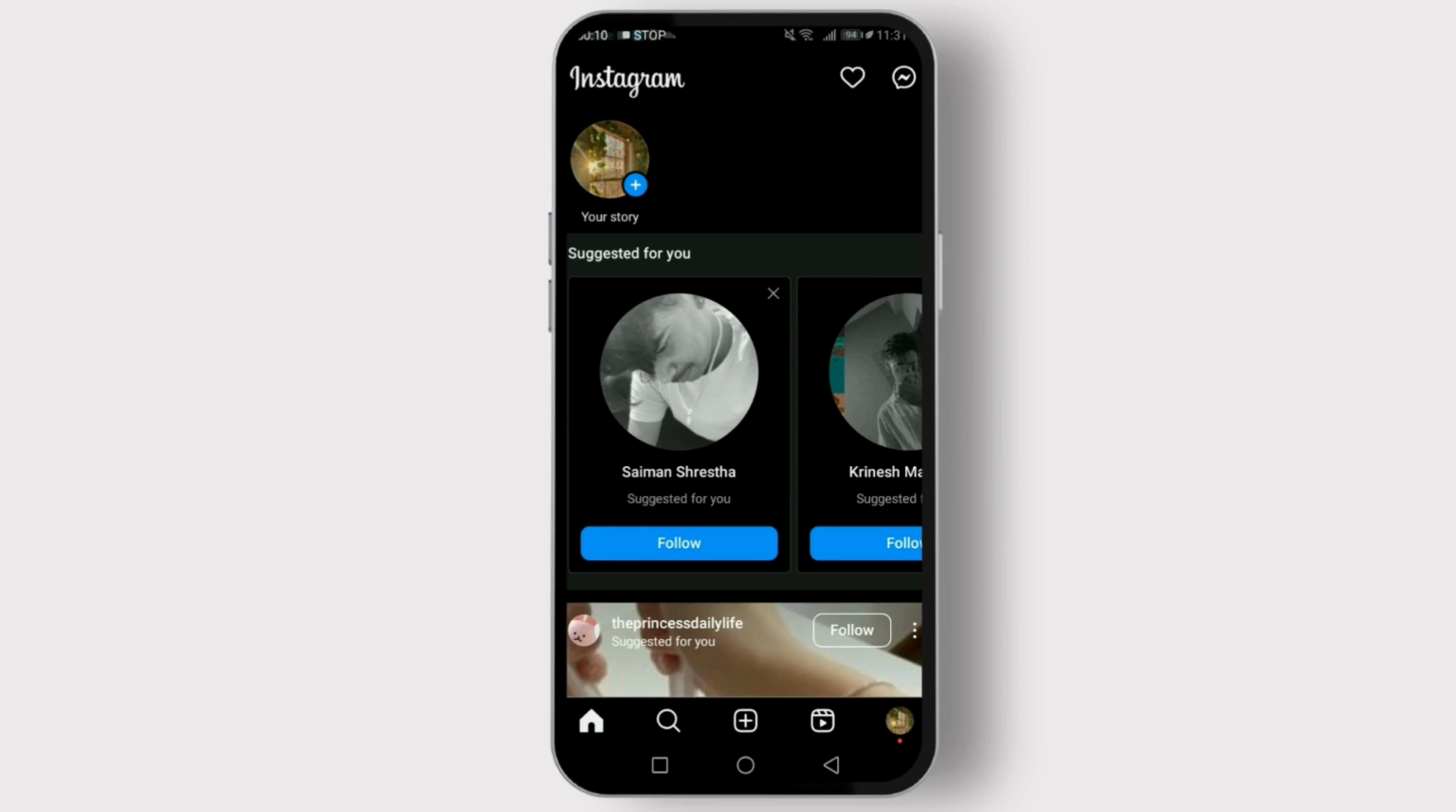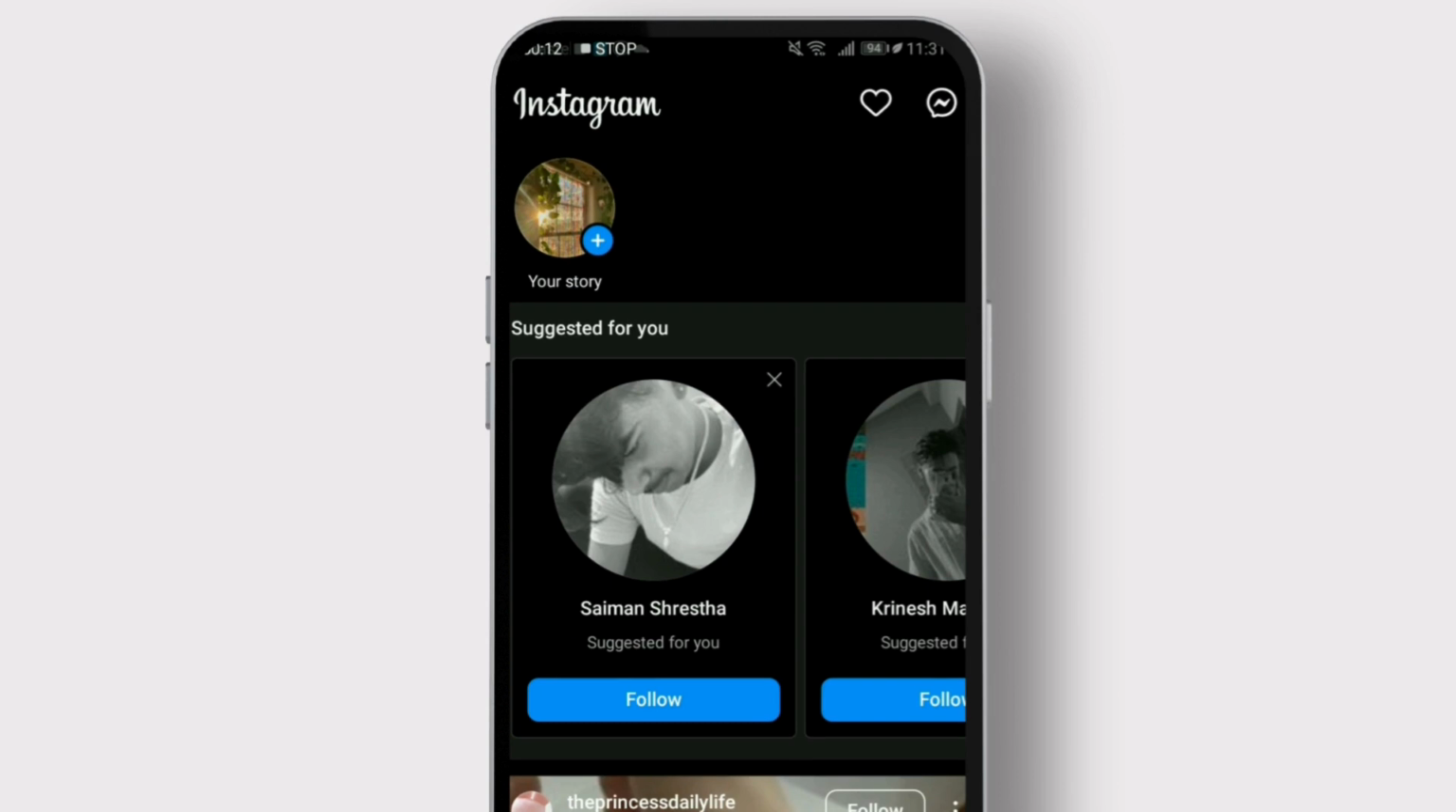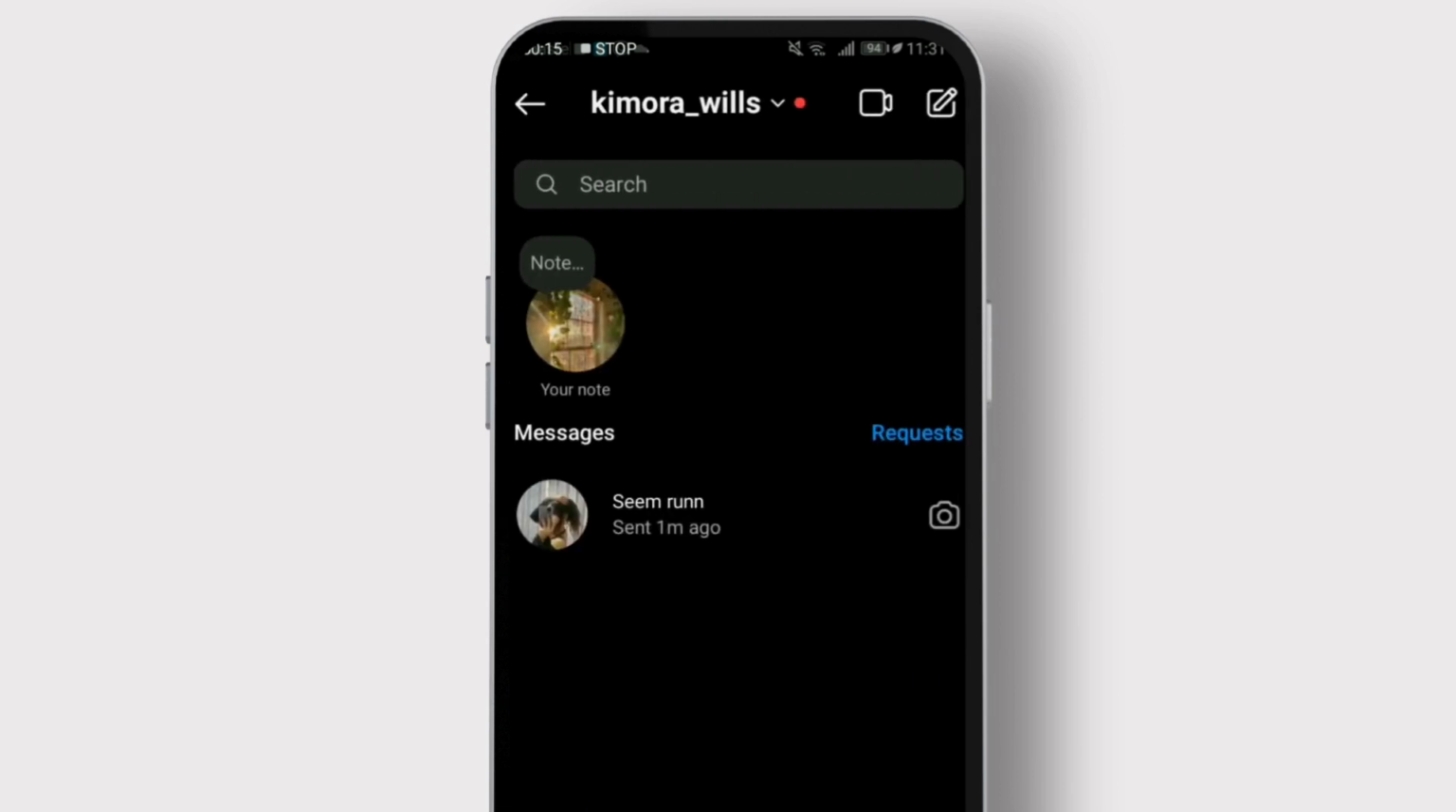First things first, make sure your Instagram app is up to date. Instagram rolls out updates frequently, and you'll want the latest version to access all the newest features, including the enhanced search functionality in Messages. Step 1: open your Instagram app and tap on the messenger icon on the top right